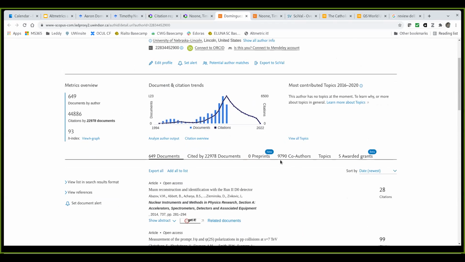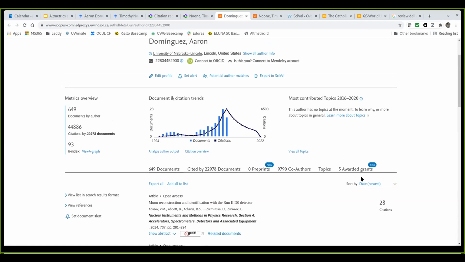Now, there's some other information down here which can be useful to look at. They've recently announced a beta of grants awarded to a particular researcher. You can also see the cluster of co-authorship. Physics is famous for having many, many authors on a paper because there's a lot of institutional collaboration within physics. And here again, just thinking of the different H-index numbers we've seen, for the publication set